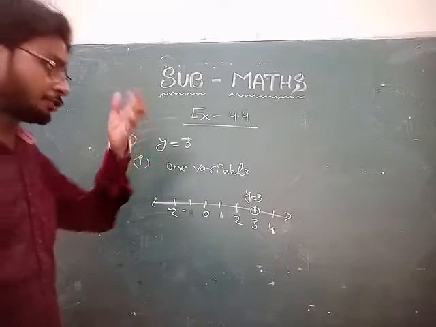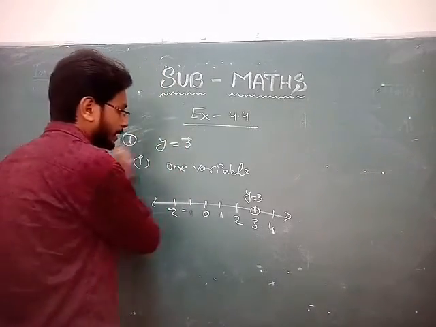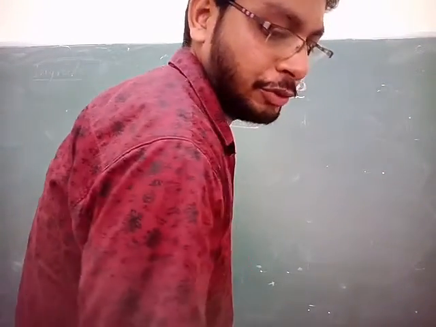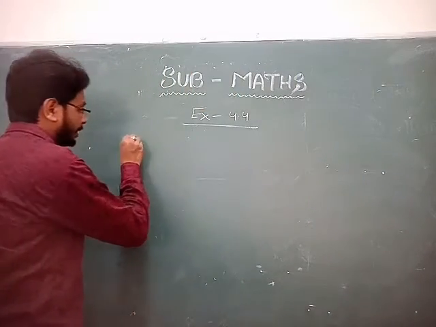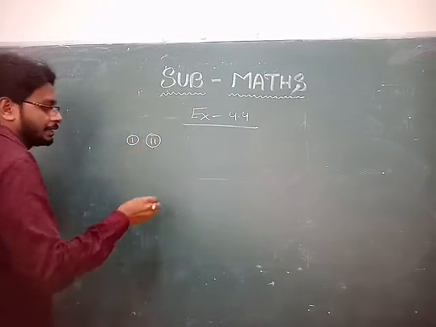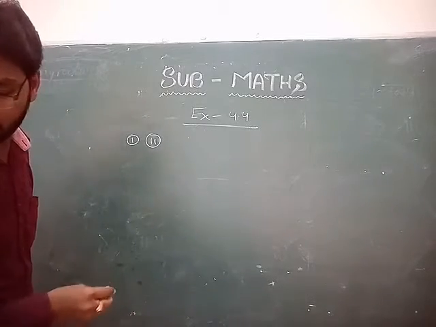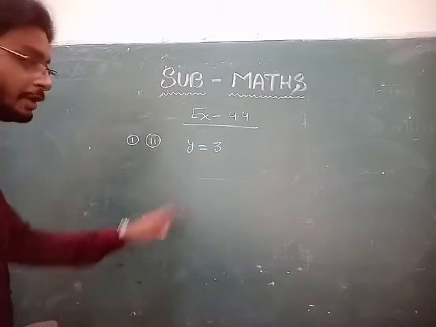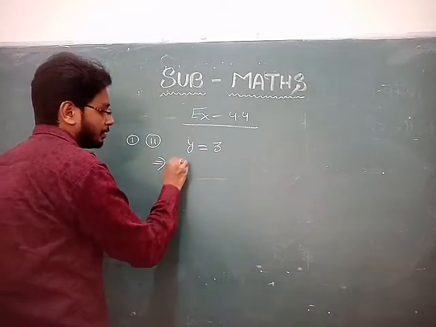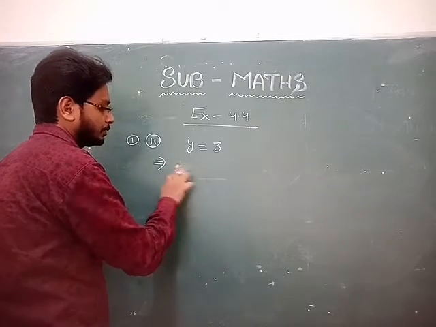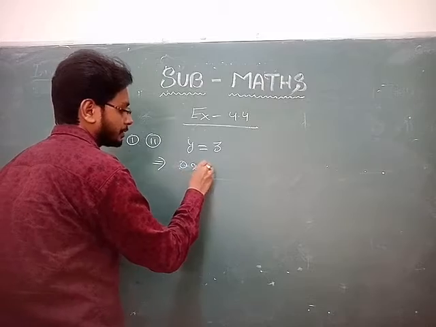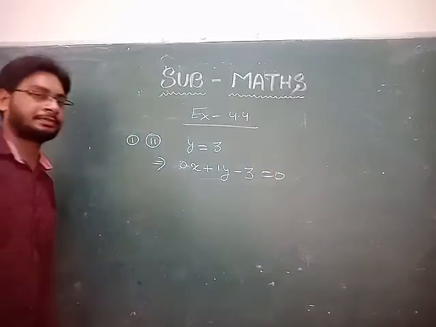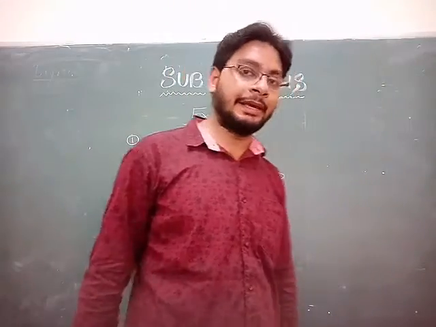Now discuss the second part in two variable. How you will represent this equation in two variable? Let's see. For two variable you need to represent in two variable like this. Question is y is equal to 3 means x coordinate is 0. कौन सा coordinate इसका 0 है बच्चों? x coordinate 0. So you will write as 1 0. x को पहले लिखेंगे 0 into x plus 1 into y and minus 3 is equal to 0. That is the linear equation in two variable.